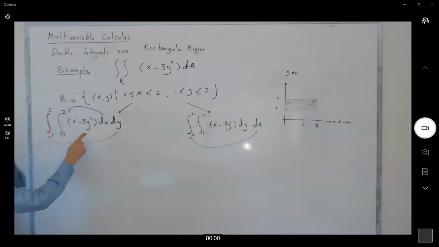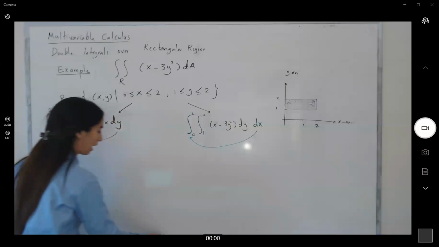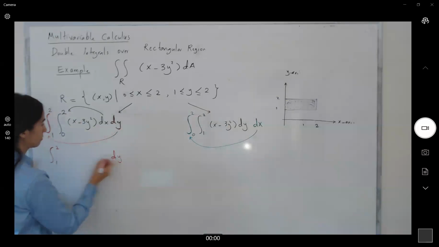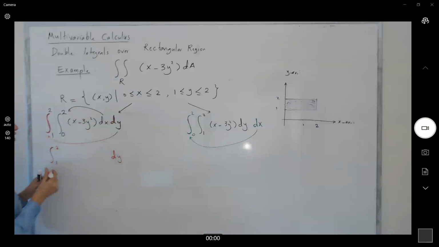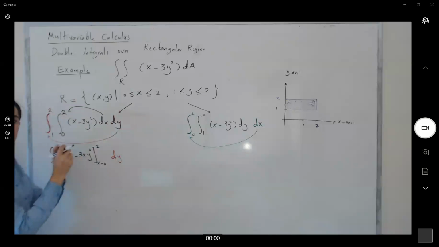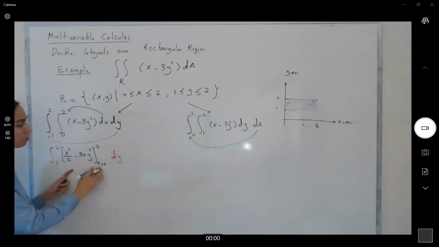If we take the integral with respect to x first, it means that our outer integral stays the same. Just copy this down here, dy. The inner integral with respect to x is going to be x squared divided by 2 minus 3x y squared, with x between 0 to 2. This is just a definite integral, all right? It means that we plug in 2, then we plug in 0, and we subtract the outcomes. But note that both of these have x in them, so if I plug in 0, I get 0 back. I'm not really worried about this